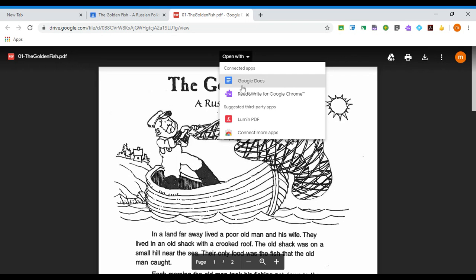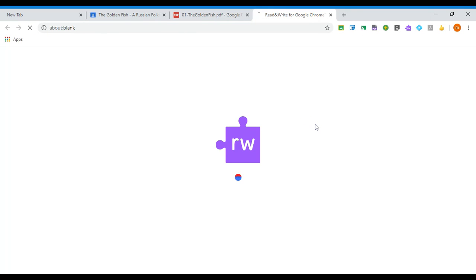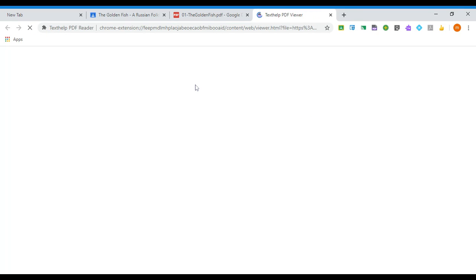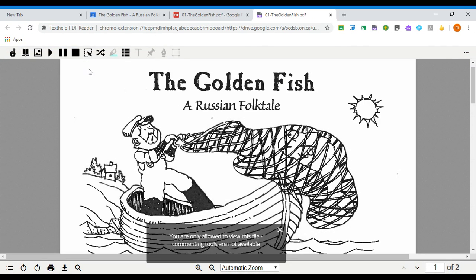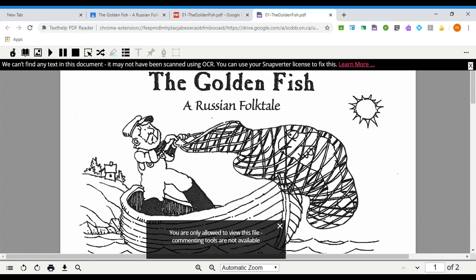In this case, it doesn't really matter. Google Read and Write is fine. You might get an error message at the top. I noticed when I opened it the first time, I got an error message saying here it is. It may not have been scanned using OCR. I'll solve that problem in a minute. For now,